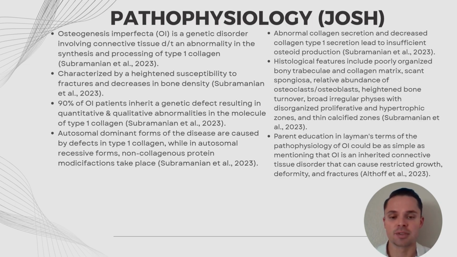Autosomal dominant forms of the disease are caused by defects in the type 1 collagen, while in autosomal recessive forms, non collagenous protein modifications take place. Now, there's abnormal collagen secretion and decreased collagen type 1 secretion that can lead to insufficient osteoid production in the bones. Histological features of OI or osteogenesis imperfecta include poorly organized bony trabeculae and collagen matrix, scant spongiosa, relative abundance